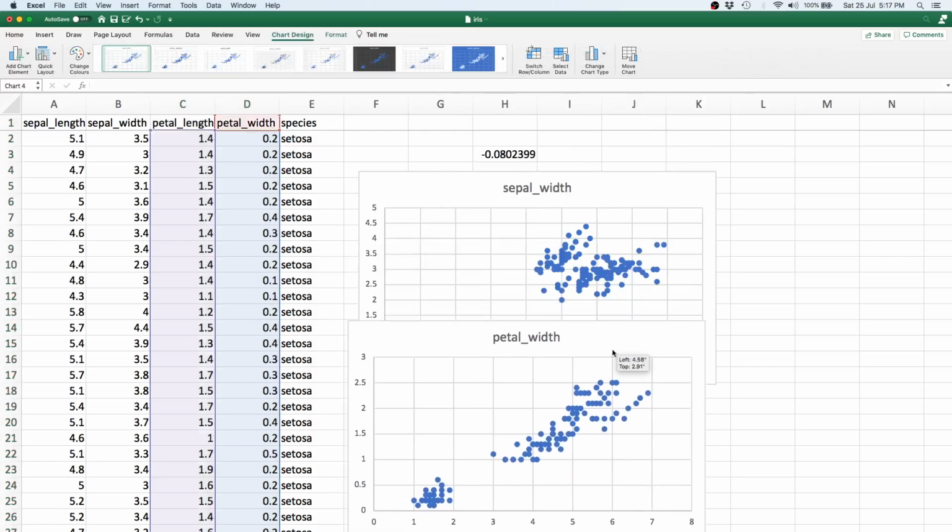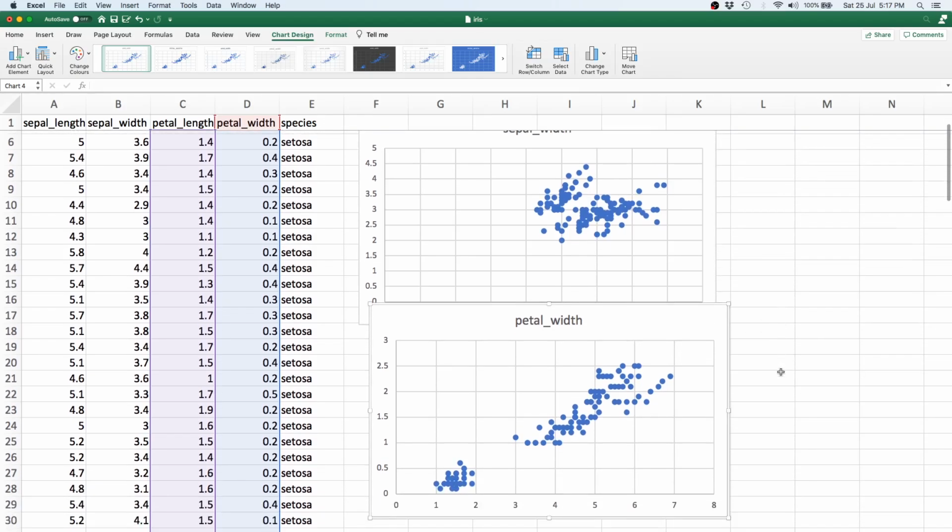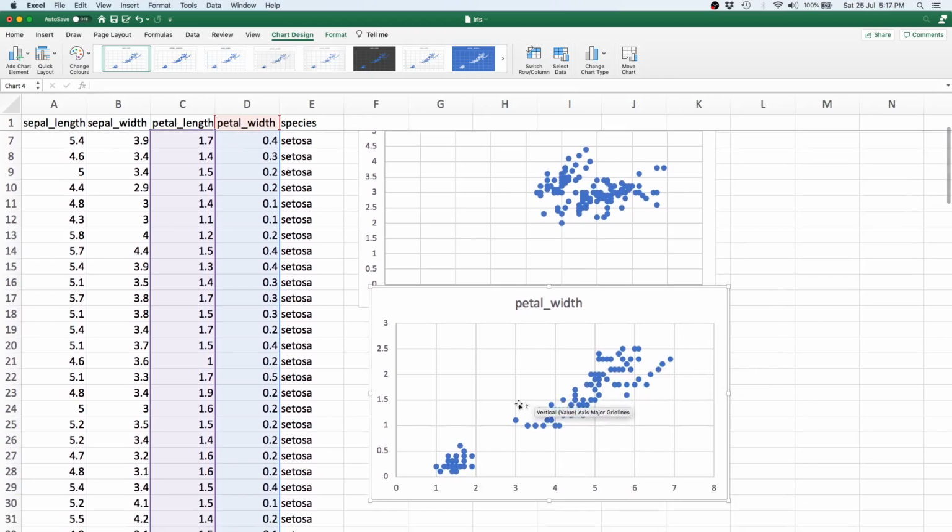That's basically the scatter plot of petal width versus petal length. And we see that there is a fairly linear trend over here. Of course, there is a cluster over here and there is another cluster over here. As you might have guessed, these clusters depend on the species. So this is basically one species, and this large cluster that we see over here is a combination of the other species.